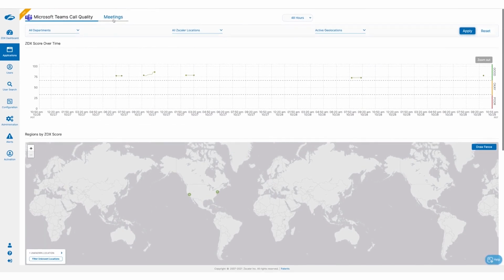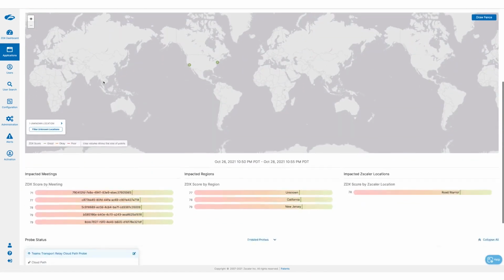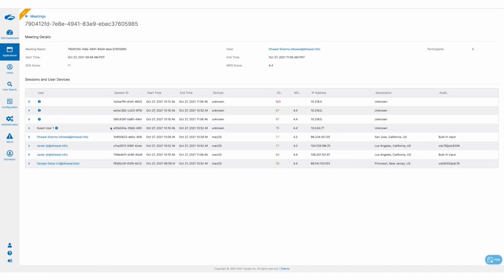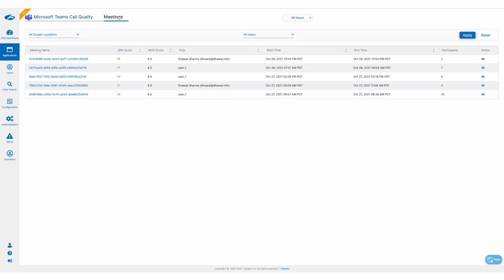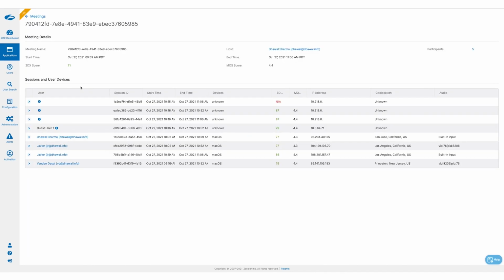We also added this other tab called meetings, which includes the list of all of the meetings. From here I can drill down. If I want to see who the participants in that meeting are, I can drill down. In this meetings tab, we list all the meetings that we've recorded, ordered by time, and including the participants. So if I want to see the details of a meeting, I just need to drill down, and then we include here a little bit more information.